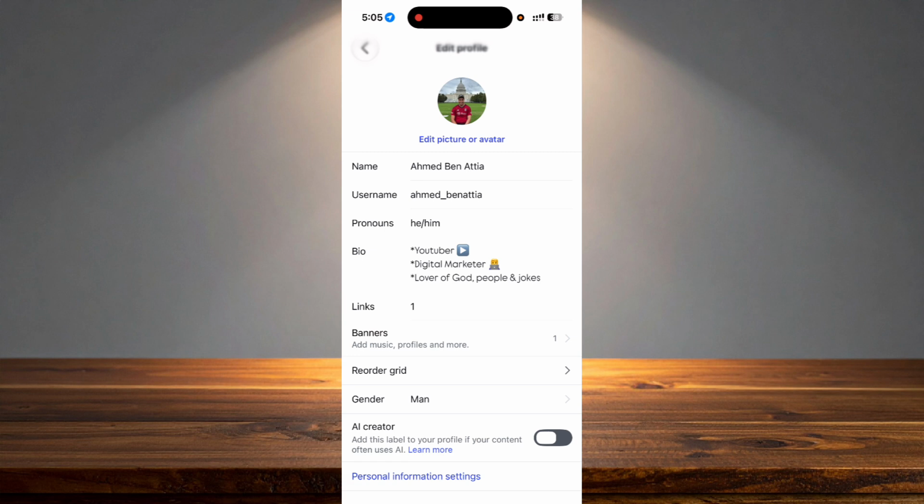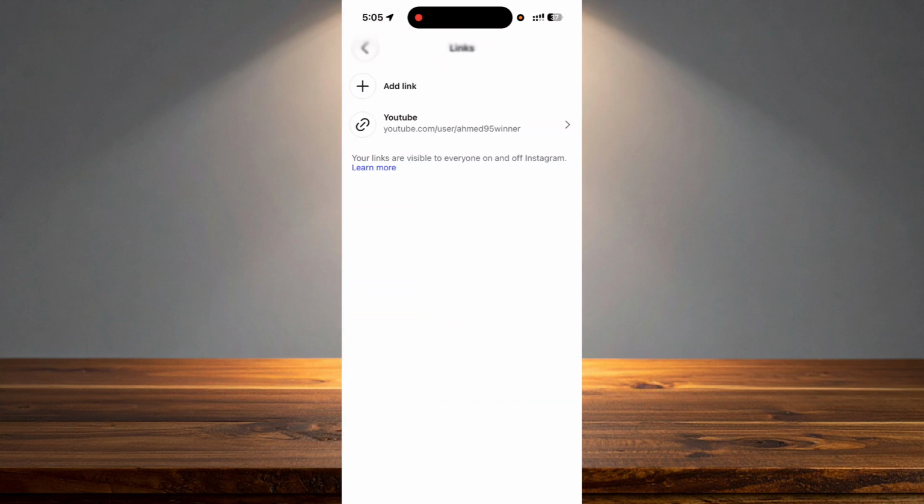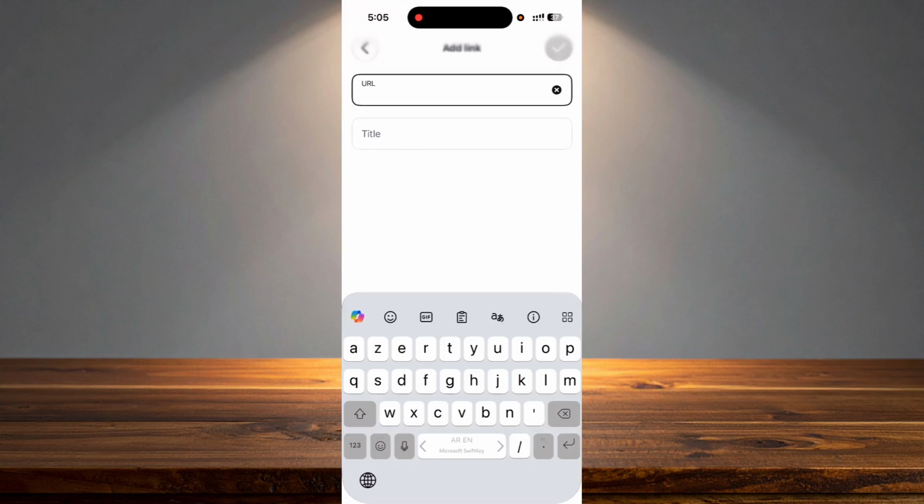And as you can see here, below the bio, there is an option called links. You just have to click on it. And as you can see, you have the first option, like add link. Click on it. And here you can add the URL and title. And after that, confirm by just clicking on the right icon on the top right of the screen,